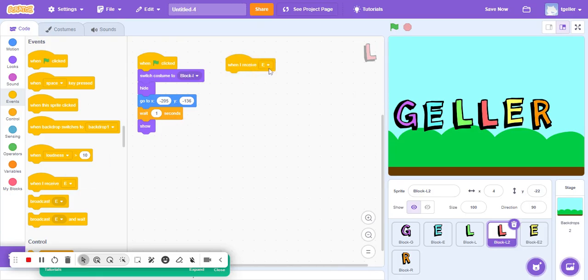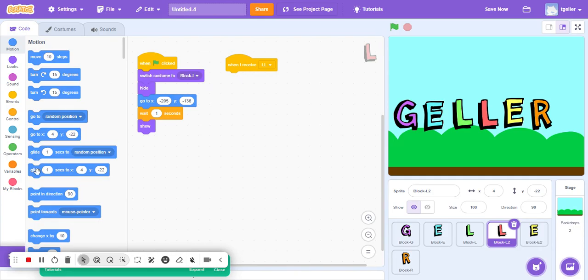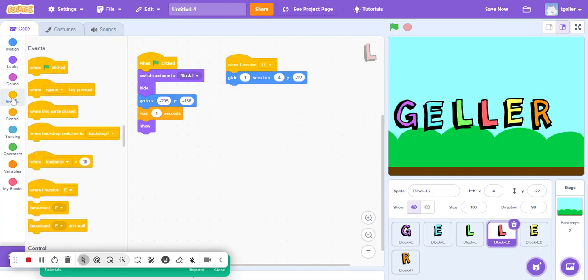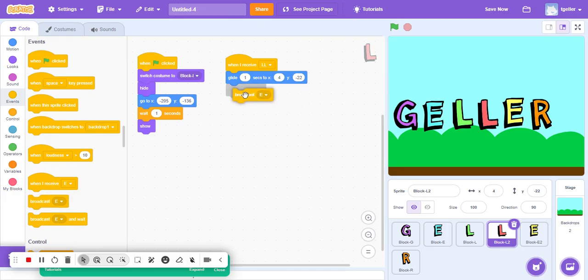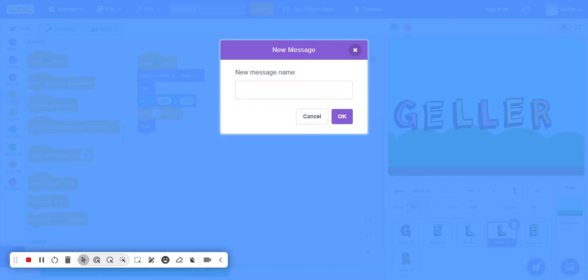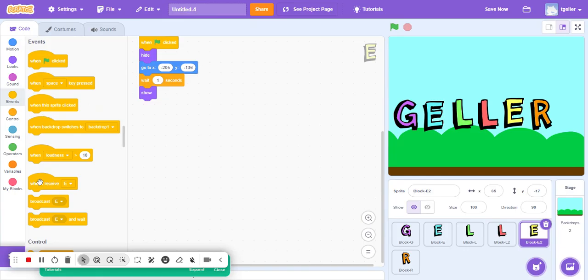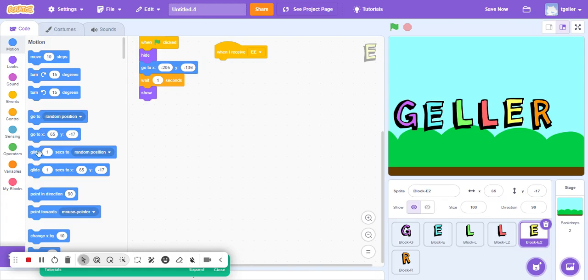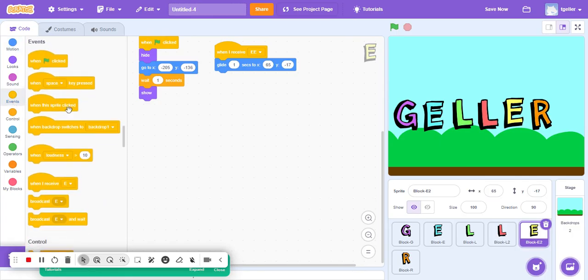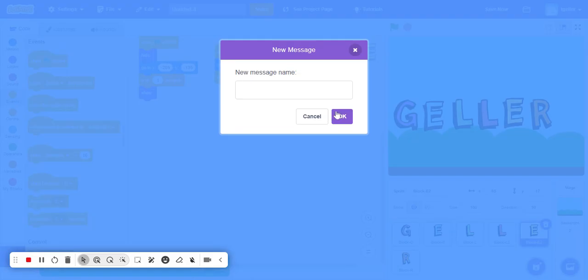When I receive LL, he's going to glide 1 second to the location he's at now, and then he is going to broadcast a message to the second E. So I'm going to call it EE, and E is going to receive this message and then glide 1 second to this location, and then he's going to send the last message, broadcast the message R,